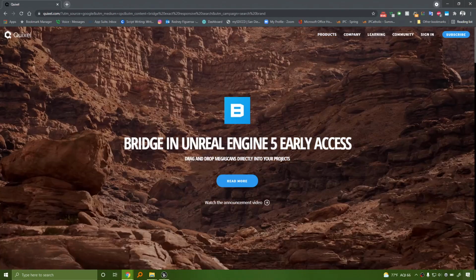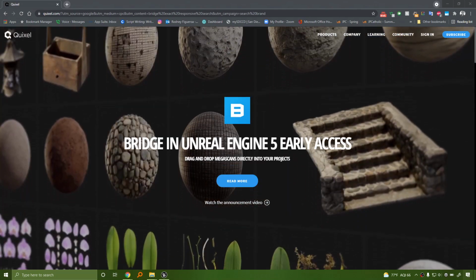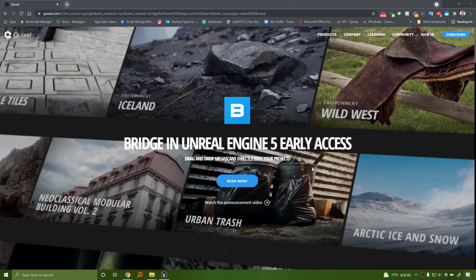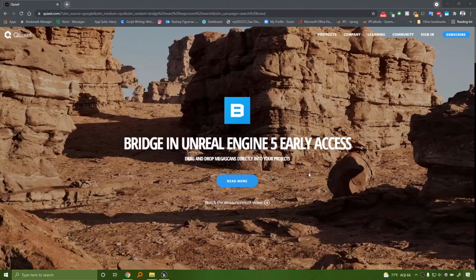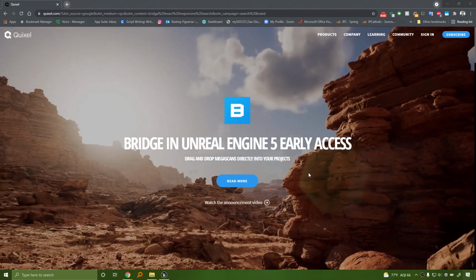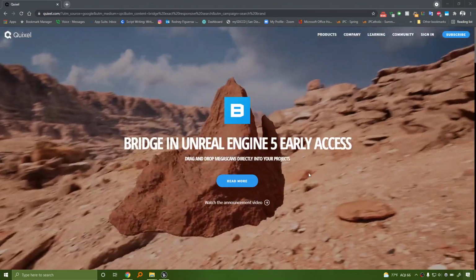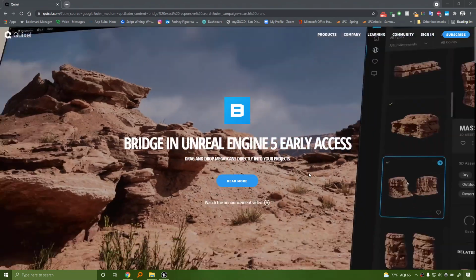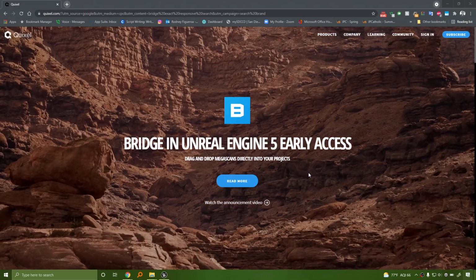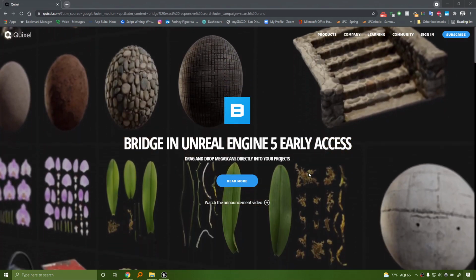Now, this class used to introduce Quixel and Megascans, or not Quixel Bridge and whatnot. Now, because it's standard in UE5, it's still important. However, this is a paid service that is free for Unreal developers. If you are using Unreal Engine and have the engine installed on your machine, you can register for free, and it allows you access to a library of really awesome high-resolution materials and high-resolution objects. It is very, very nice.